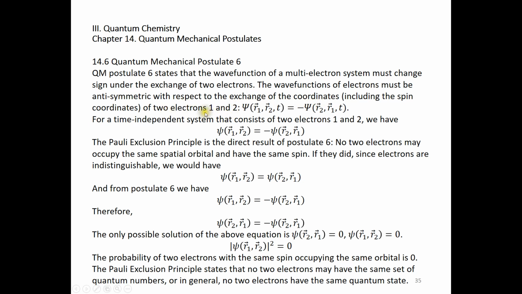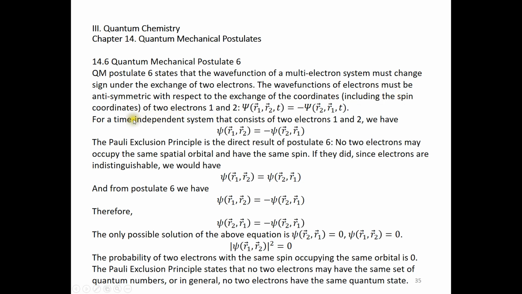Over here, we just label them 1, 2. And the mathematical expression is this: psi of R1, R2 in time equals negative psi R2, R1 in time. Note I just exchanged electrons 1 and electron 2 here. Antisymmetric means changing the sign, and over here the coordinates include the spatial coordinates and also the spin coordinates of